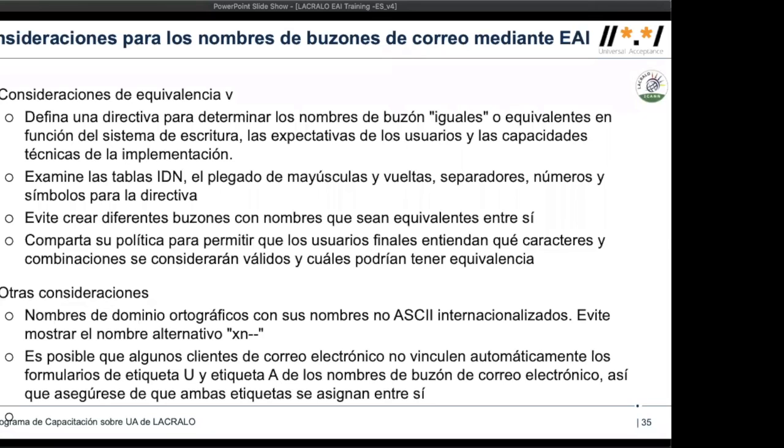Because if I give a traditional label to one person and a simplified label to another person, then it creates confusion and it creates a security issue as well, right? So these are also things that we need to be careful about. And then other considerations,